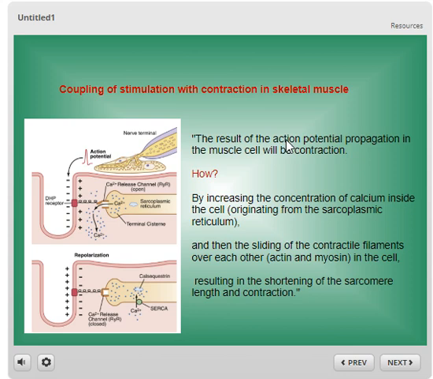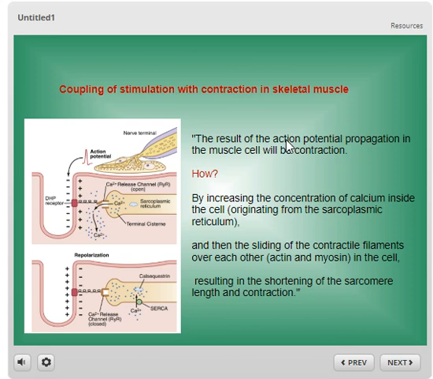The myosin heads pivot, pulling the actin filaments toward the center of the sarcomere, resulting in muscle contraction. As the actin and myosin filaments slide past each other, the length of the sarcomere decreases, leading to overall muscle